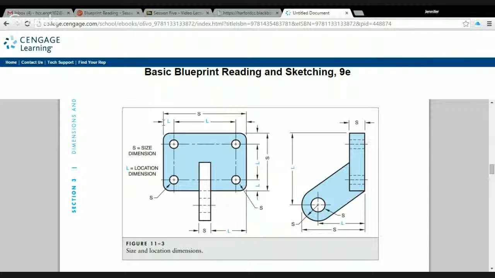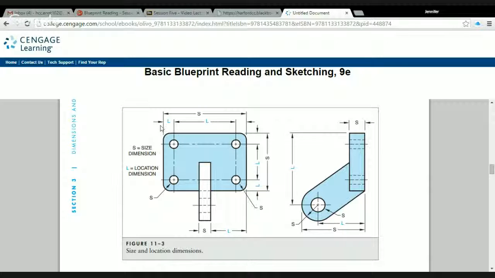We've got an L dimension. It's coming off from the side of our part out to the center of the hole. That's a location. It's locating this first hole out from the edge of the part. It's giving our horizontal or X direction here. Now we notice that this hole is attached, so to speak, to this hole with one of our center lines. And we talked about this probably 2 sessions ago, maybe longer, that you can use center lines to indicate that things, probably not a really good term,